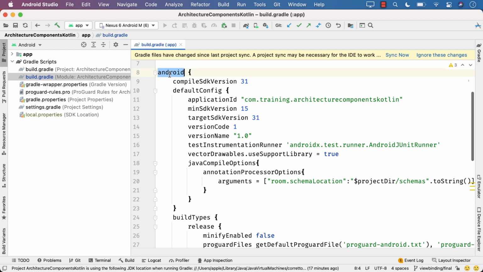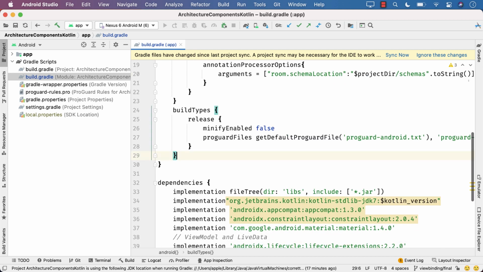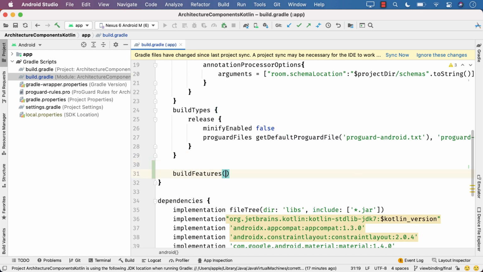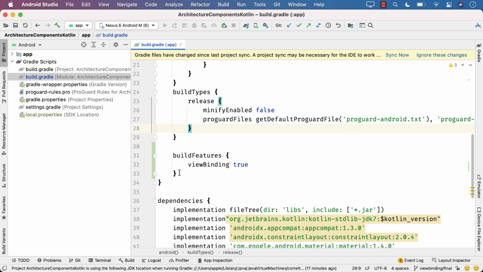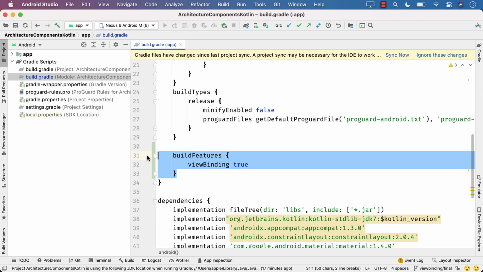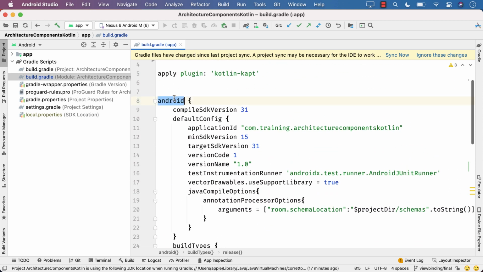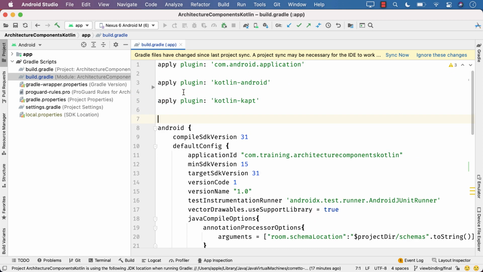And now inside android, type in this. Notice we have added this block of code, buildFeatures { viewBinding true }, inside android in the module level build.gradle in order to enable view binding in your module.